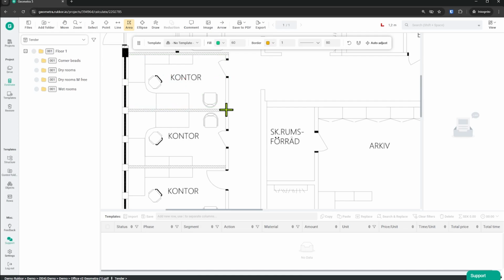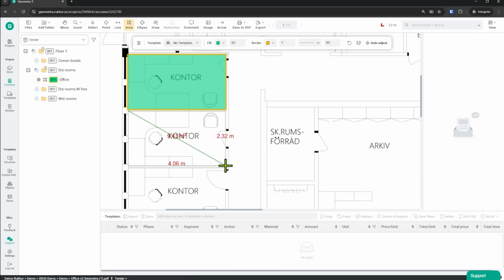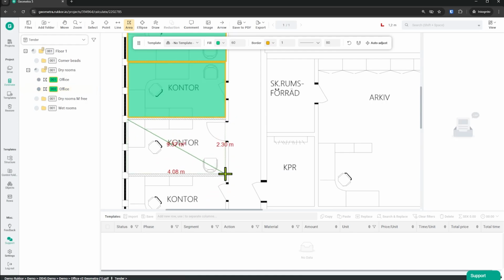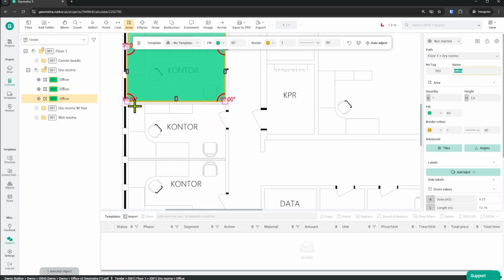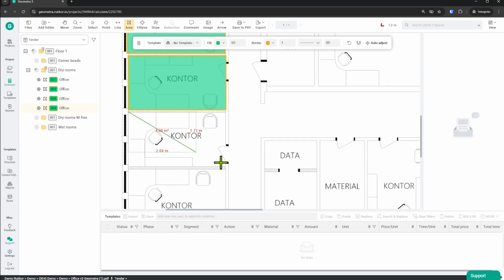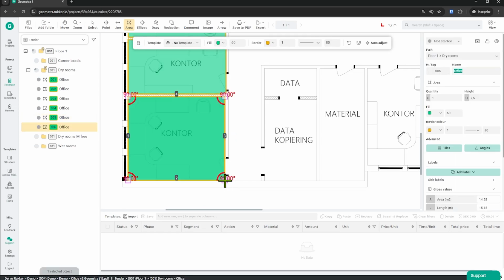So I measure and right click and name these, for example, office. And then we can just continue, right click and go diagonal over the area. So after I've done all of these, we can then start adding some information. So if I select the folder,